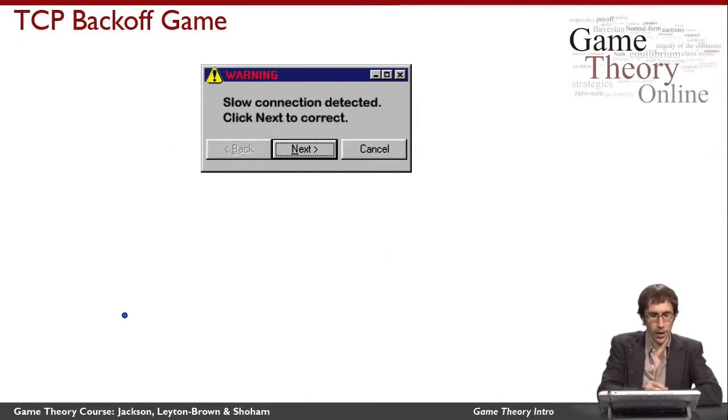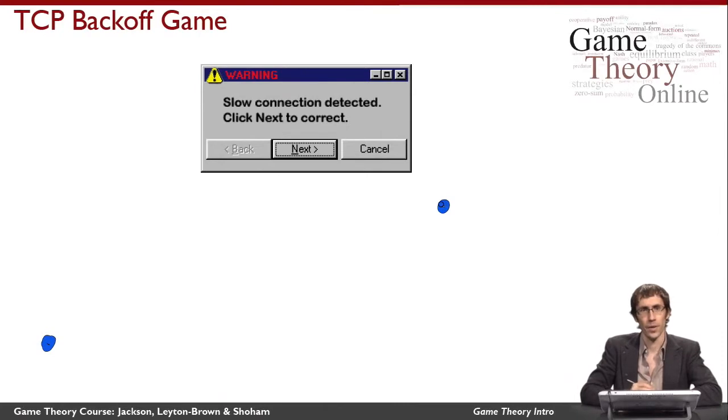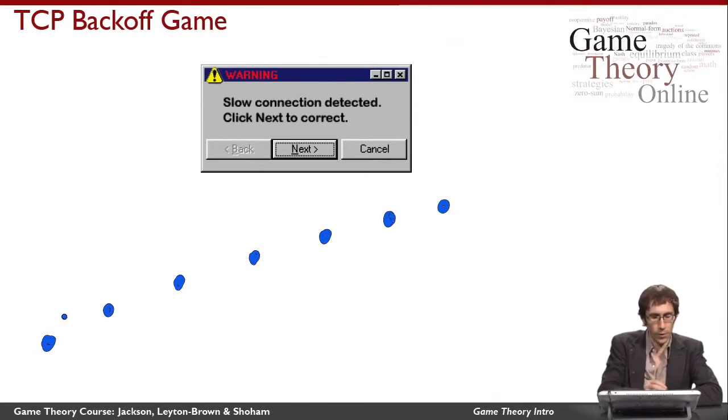So, as you probably know, if you're over here on the internet and you want to communicate with some other computer, which is over here, what happens is that your communication gets broken up into a bunch of different packets, which conceptually are kind of like envelopes with a message inside them that get delivered across the network to your recipient. And when I say delivered across the internet, I mean you don't actually have a direct connection between your computer and your desired recipient. Instead, there's a whole sequence of different computers along the way who pass the message one to the next to get it from you to your recipient.